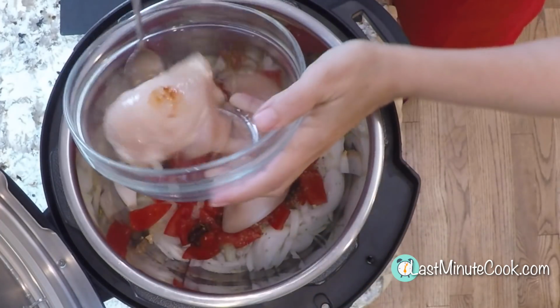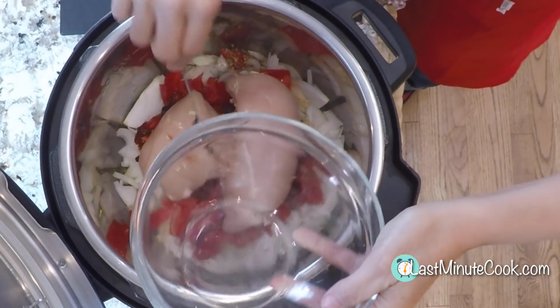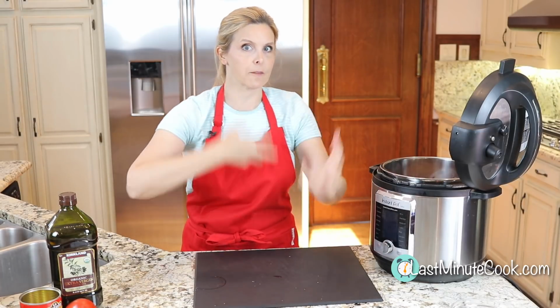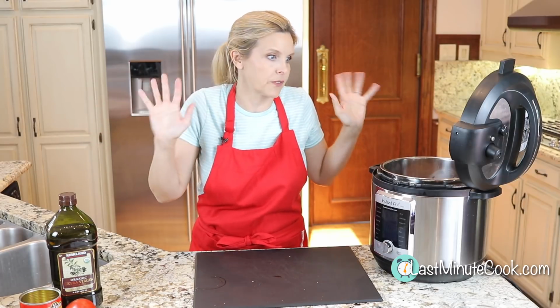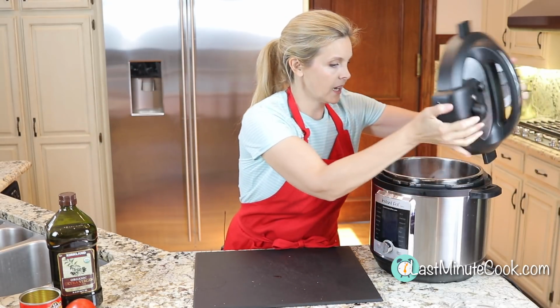This is 2 pounds. Again, this sauce makes plenty, so you could double your chicken and be totally fine with the amounts in there if you're serving a lot of people. For example, if you want to do a taco bar, or fun ideas with this. So that's it. We are going to get our Instant Pot set